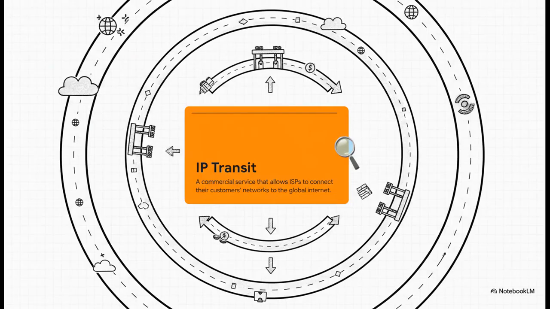And yeah, this climb is not free. It's a business, and the service is called IP transit. The best way to think about it is like buying a series of toll passes to get onto bigger and faster highways. Each tier pays the tier above it for access to the rest of the world, and our packet's ticket has just been punched.